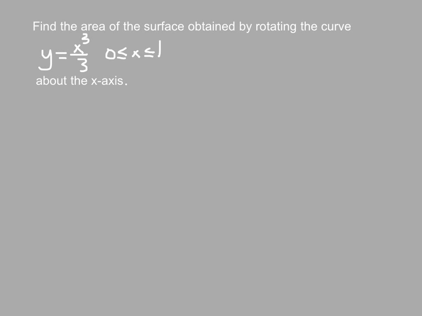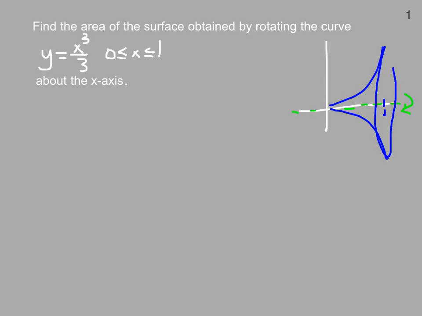Find the area of the surface obtained by rotating the curve y equals x cubed over 3 between 0 and 1 about the x-axis. So the curve between 0 and 1, we'll say, looks like that. And we're going to rotate this about the x-axis and end up with another guy down here. We'll have this horn type shape, and we're interested in the surface area